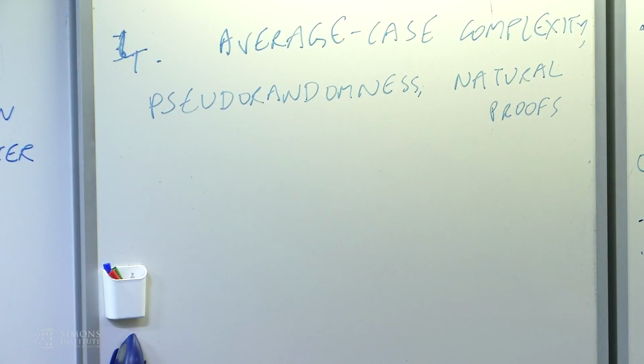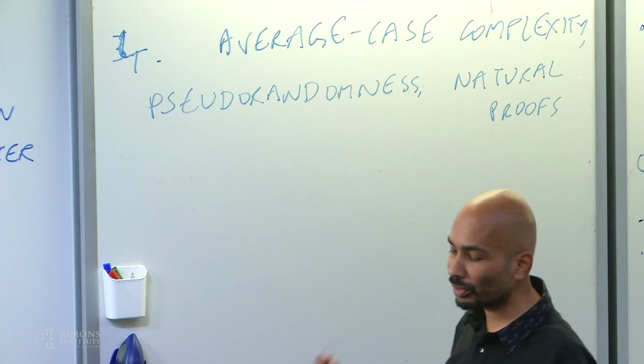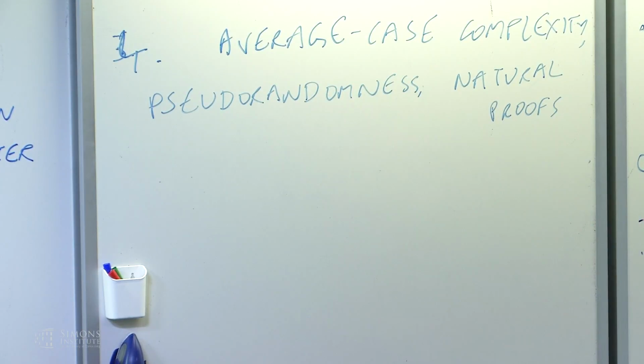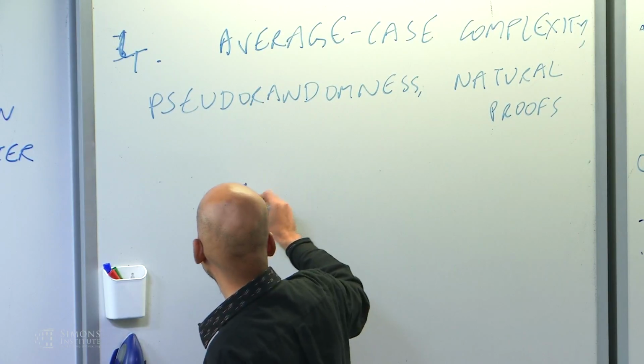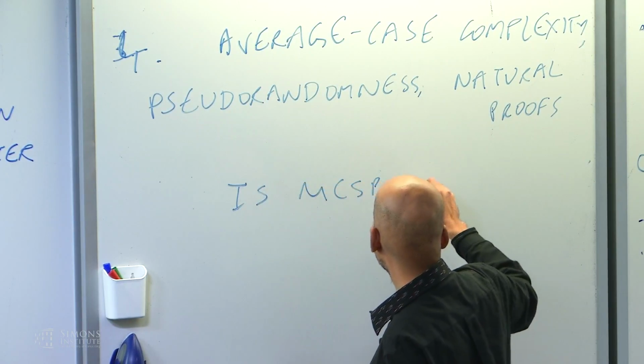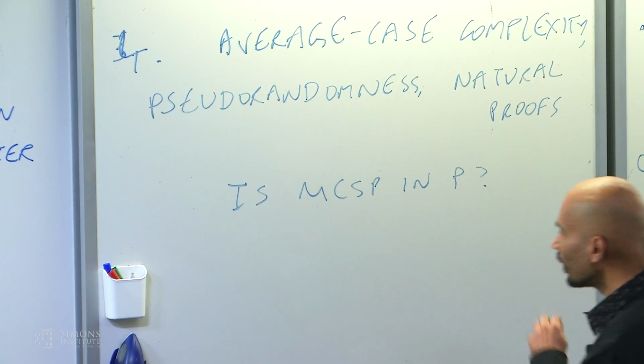I guess one of the contributions of the Kabanets–Cai paper I mentioned earlier is pointing out what the natural proofs obstacle has to say about the complexity of MCSP. And in fact, for me at least, that's been the most productive way to view that paper. We usually think of it as a barrier result saying certain proof techniques don't work. But in terms of getting information about MCSP and its status as a computational problem, that's for me the real contribution of that paper. So the question we're asking is: is MCSP in polynomial time or not? And we want to give evidence against it.